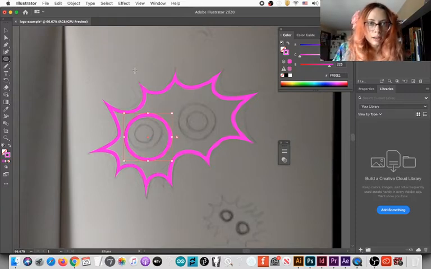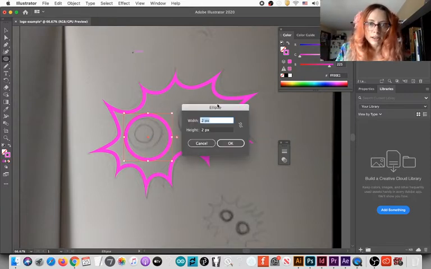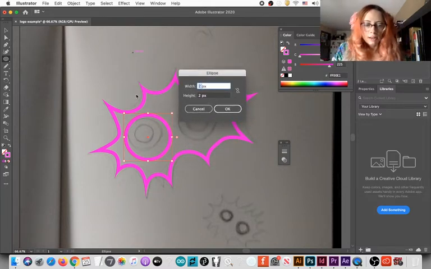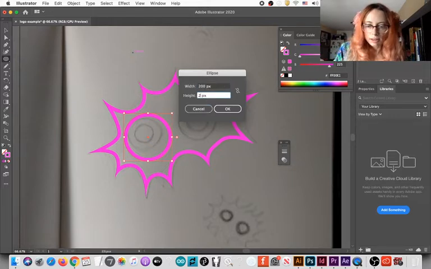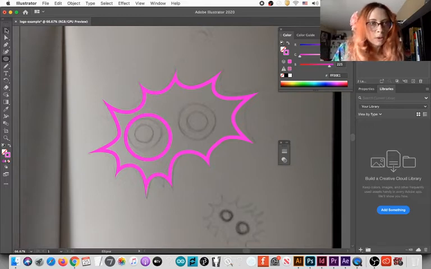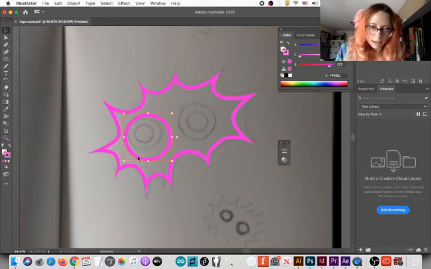Click on the canvas, and then it gives you this little toolbox, and you can enter a size and make an ellipse. I want to have two ellipses that are just like this one. By clicking Alt and dragging, I am able to copy any shape.